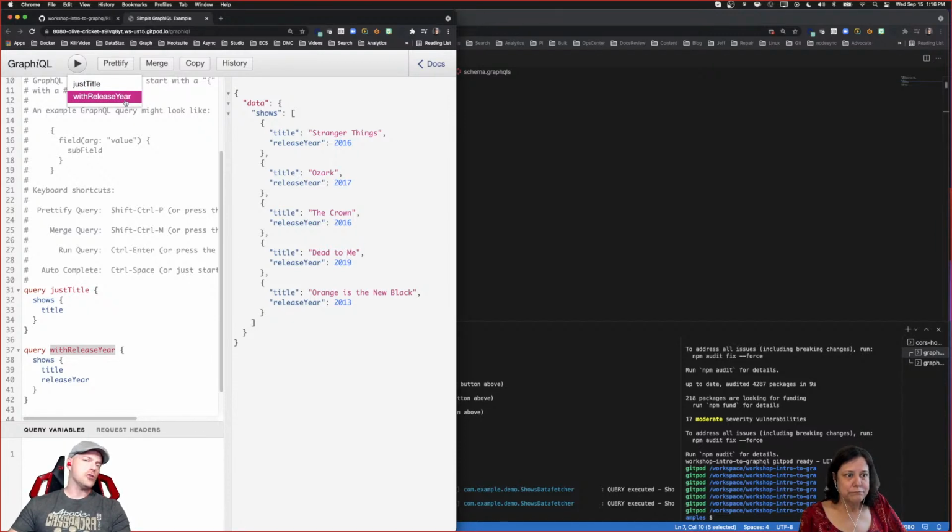Plus, this is good to do in your code. It's descriptive. It tells you exactly what the query is for. Obviously, these aren't as descriptive as I'd probably put in code, but I think you get the point. So it's actually kind of a nice little feature there. Now, you can do multiple queries. You can ask for 5 or 6 different things with a single query, and that's going to save you